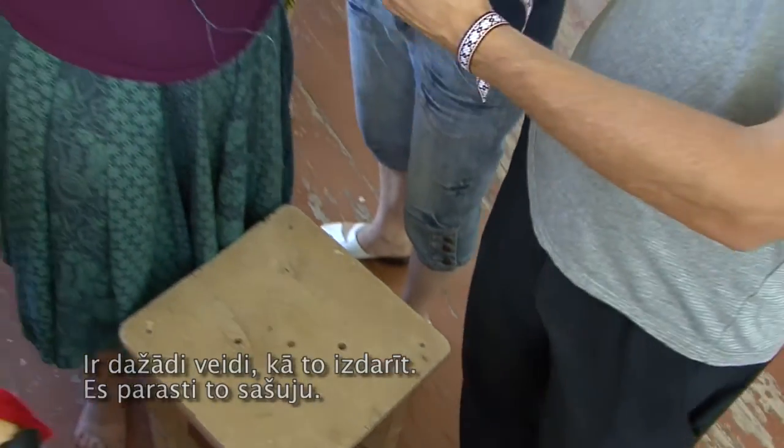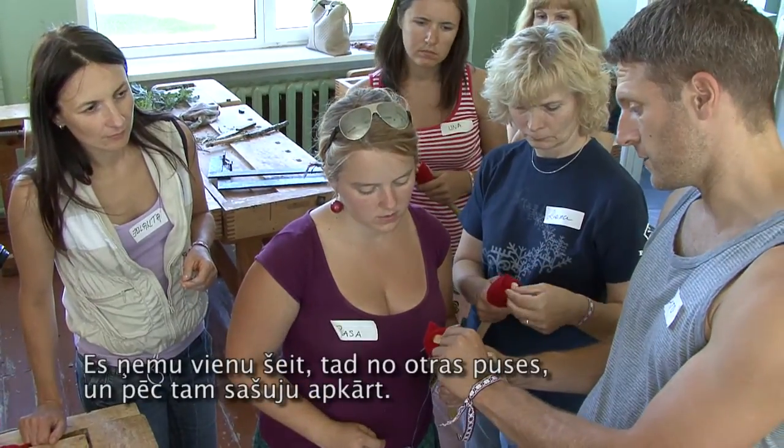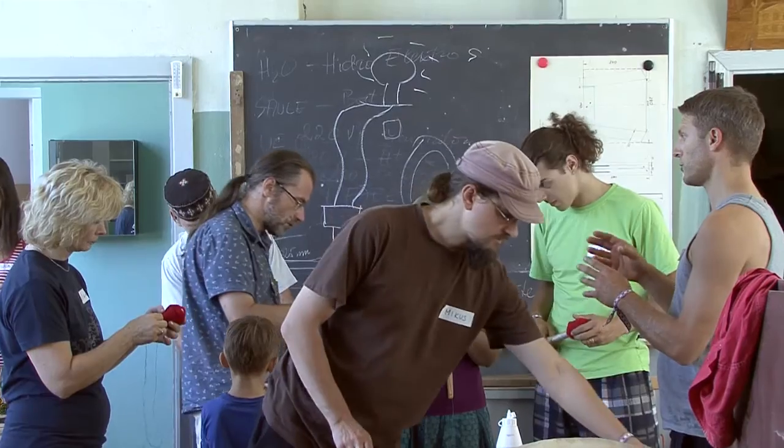Normally, for me, I sew it. So I take one here, go to the other side, okay, and then I tighten it, and then it comes around. I normally like